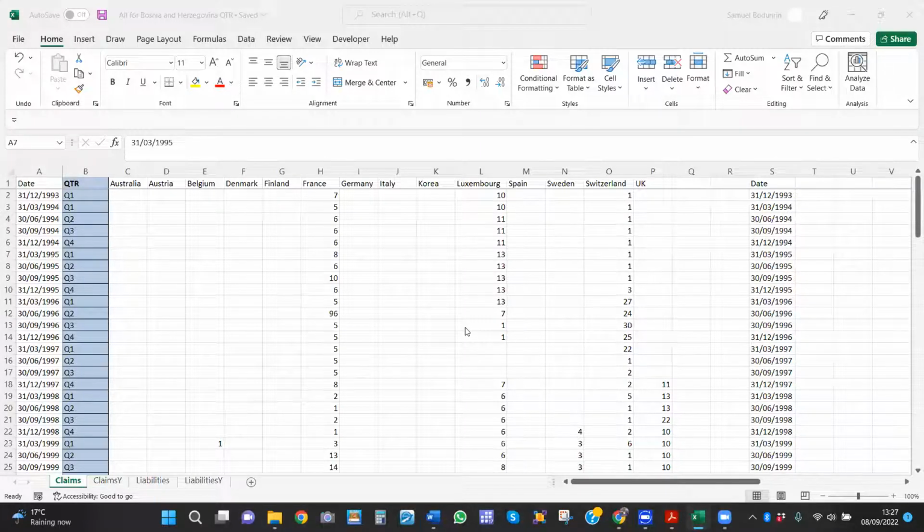Hello, everyone. Briefly, I just want to share some knowledge about turning quarterly data to yearly data. At times, when you download some data from some database, they are available either monthly or quarterly, and then you want it to be available yearly, right? Although there are several other methods using several software, what I'm going to show you now is how you can use Excel to convert these quarterly data